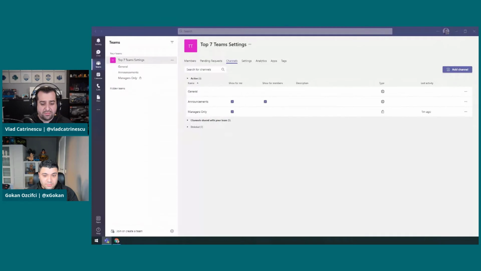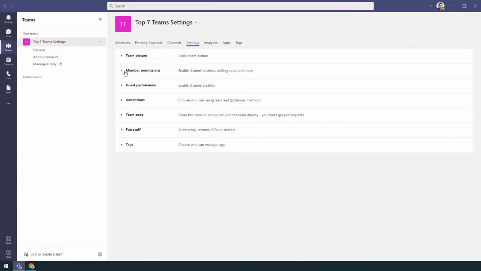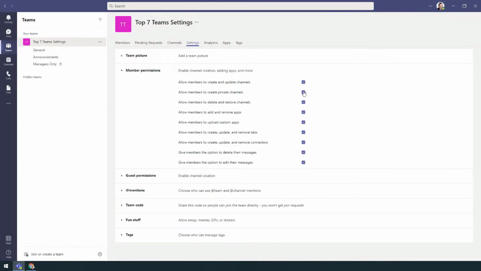Now let me go back to my screen and go full screen. This way we can really see all of the different settings. I will go under settings here, and go under member permissions. The second one that I have here is, do you want to allow members to create private channels? If you don't want this experience where everybody in your organization, well, again, we're going to put this as team owners, so everybody in your team, could create private channels,